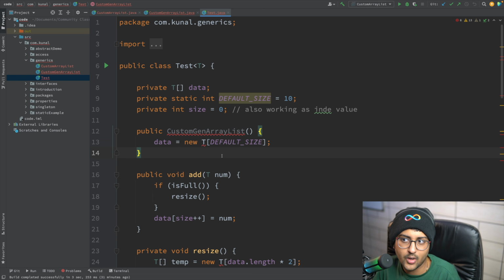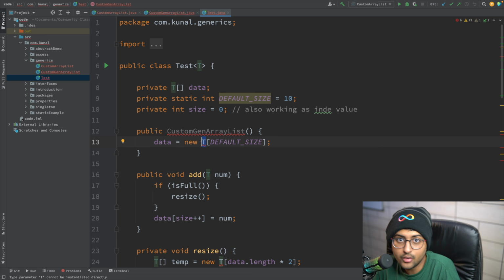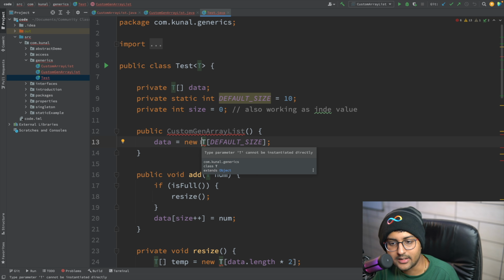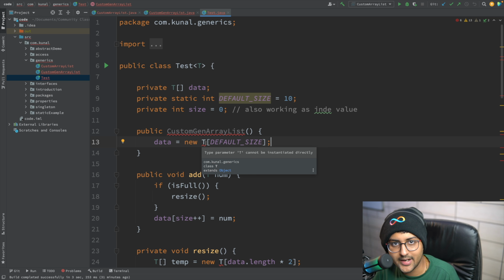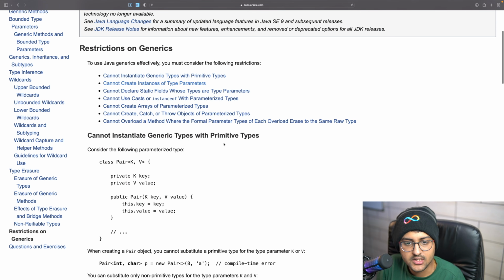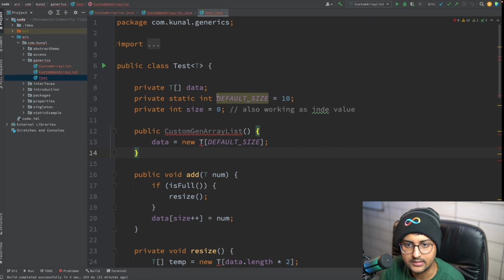At runtime, bytecode gets executed, but if you don't know the value of t, you're like, what object do you want me to create? What is type t? I have no idea. That's why you cannot create an instance of a generic type, because bytecode has no idea about it at runtime. Here in the Java tutorial, I'll actually add it over here as well.